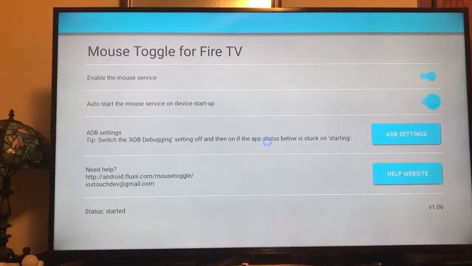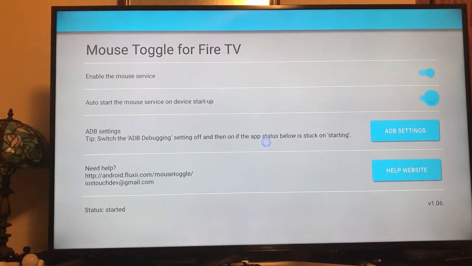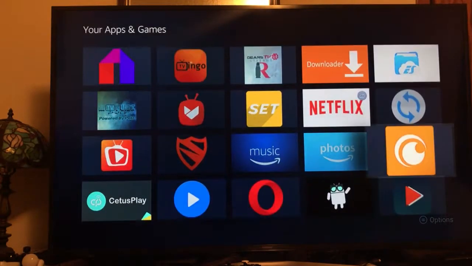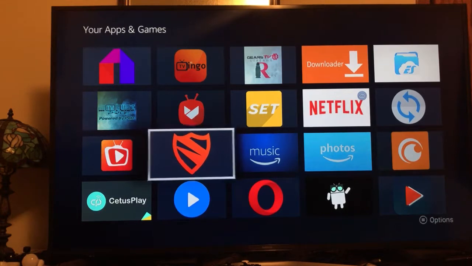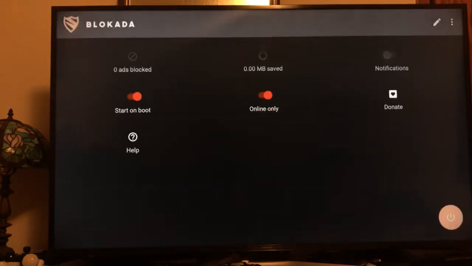Wow, there you go. Alright, so you can see that blue circle. And then you use the up, down, left, right arrows to, it essentially works as a touch, like your finger. If this was a touchscreen device, you hit the back arrow twice, it should close the mouse option. The next one you want to open up is Blocka. This is the ad block. You turn it on,